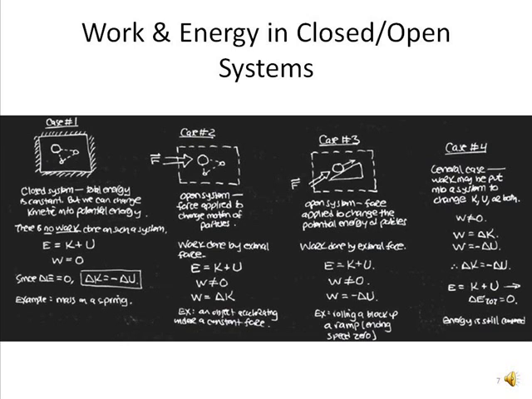Now, if the body starts initially at rest, we can set Ki, the initial kinetic energy, equal to 0, and therefore K final is just equal to 1/2 mv squared. Since by the law of conservation of energy this is set equal to the work, 1/2 mv squared equals mgh. The mass conveniently drops out. Therefore, we can rearrange and find the height equals v squared over 2g, or v, the speed, is equal to the square root of 2gh. In other words, the speed increases as the square root of the distance fallen.